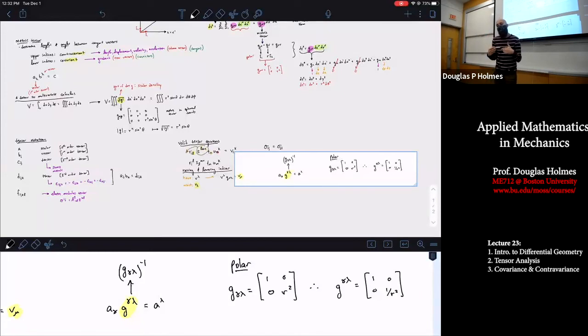The covariant components of your vector are found by a parallel projection of your vector onto the basis vectors. So you're switching how you're measuring it, from a projection that's perpendicular to your basis vectors versus a projection that is parallel to your basis vectors. In Euclidean space, those are the same. In any coordinate system that is orthogonal, it doesn't matter. But if you have any curvilinear system,